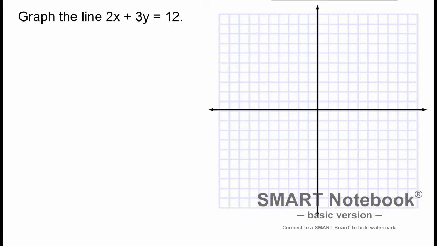Okay, so as you can see here, we have been given a task to graph the line 2x plus 3y equals 12. Now it already says that it's a line, and that's awfully convenient because if it just said graph 2x plus 3y equals 12, just by looking at the equation, it might be difficult to determine what this might even look like on a